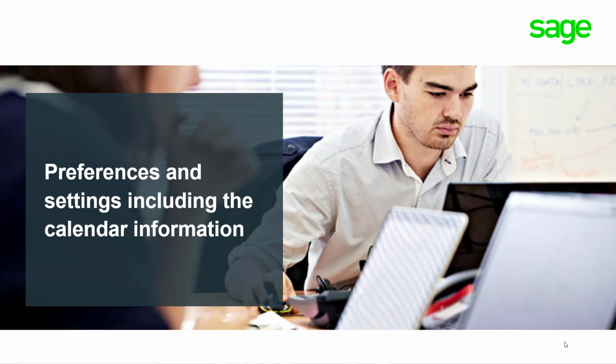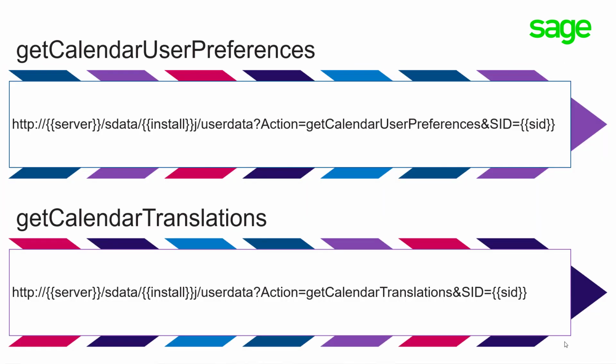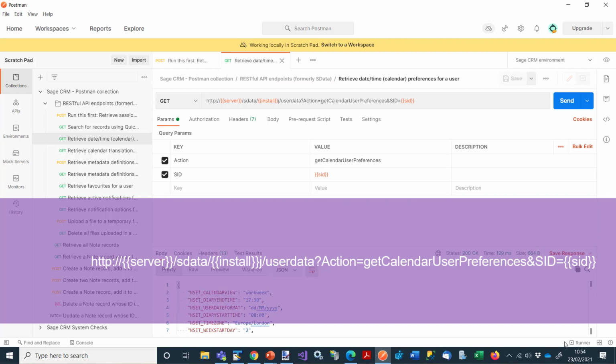The RESTful API extension has also provided the developer with two actions for retrieving information about a user's calendar preferences. The Sage CRM user data endpoint can be passed one of two related actions: get calendar user preferences and get calendar translations. If we look at get calendar user preferences first,